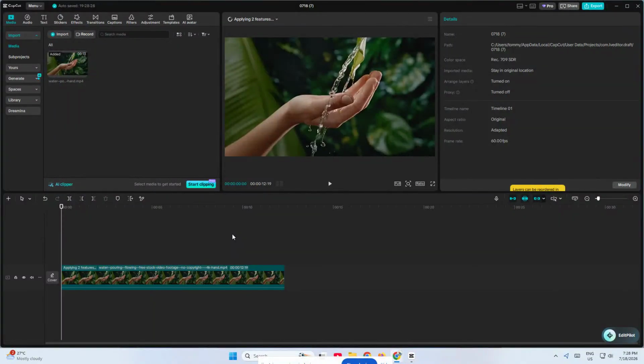In today's video, I'm going to show you how to solve the export option missing on CapCut, whether you're on Windows or Mac. This is one of those frustrating issues that can happen when you're ready to finish your edit, but the export button seems to disappear, or you just can't access it. The good news is, there are a couple of very simple fixes you can try right away, and they usually